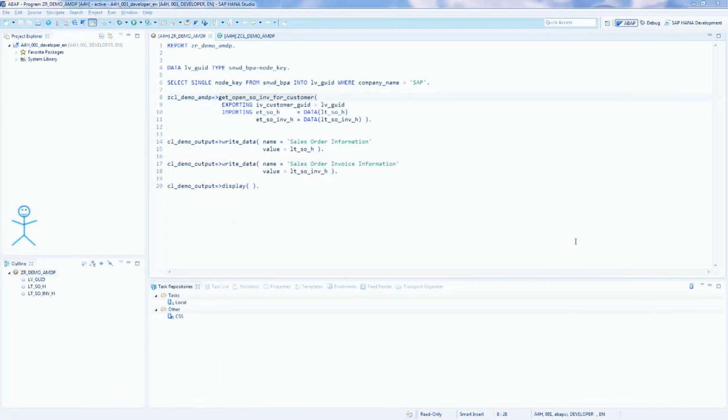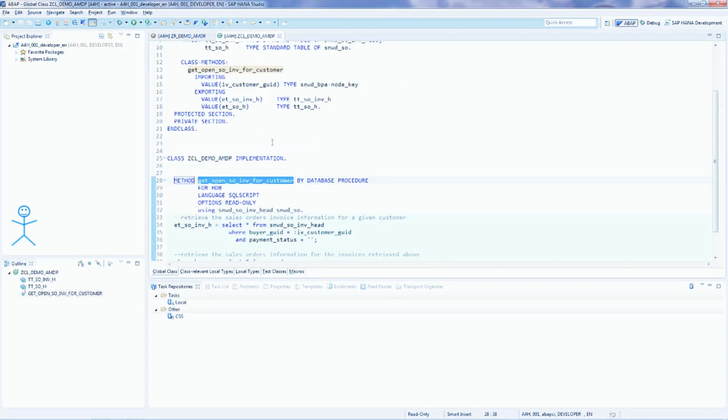Okay, we're in the system now, or to be a bit more precise, we're in the ABAP perspective of our SAP HANA Studio. And I mentioned we have a developer, the ABAP user, who will execute a report, and I opened that already. And you can see here in the report that we call the class CCL-demo AMDP, get open sales order invoice for customers. And if I navigate to that method,